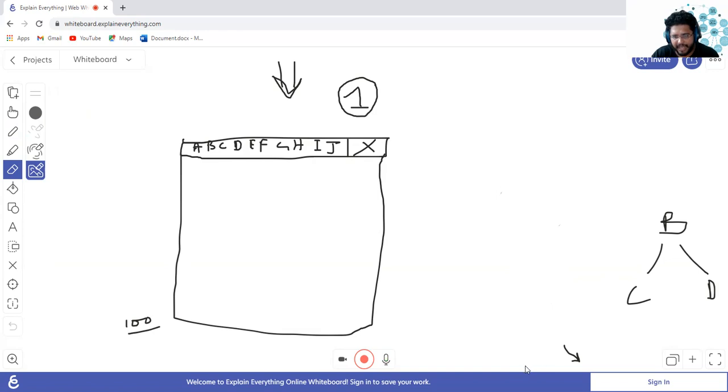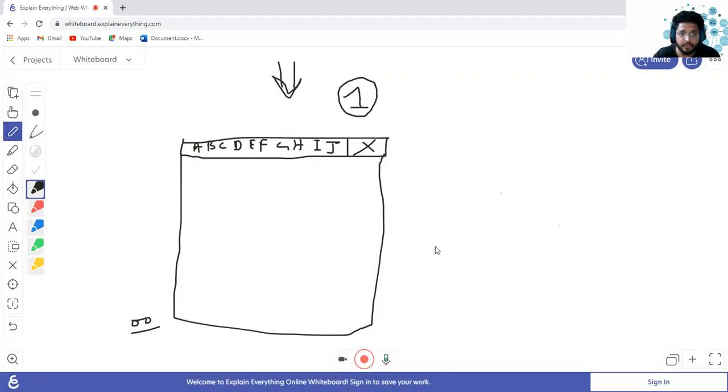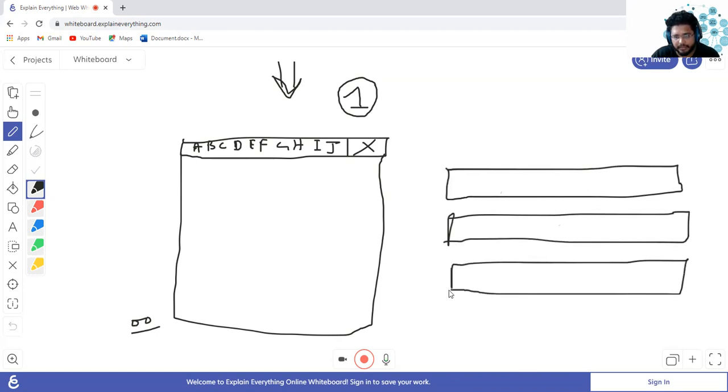But I am planning to generate as many decision trees as I can from a given data set. Then what can I do? One approach is this: suppose this is our root node level, and this is another level. For selecting which node should go in the root node, I selected ABC.